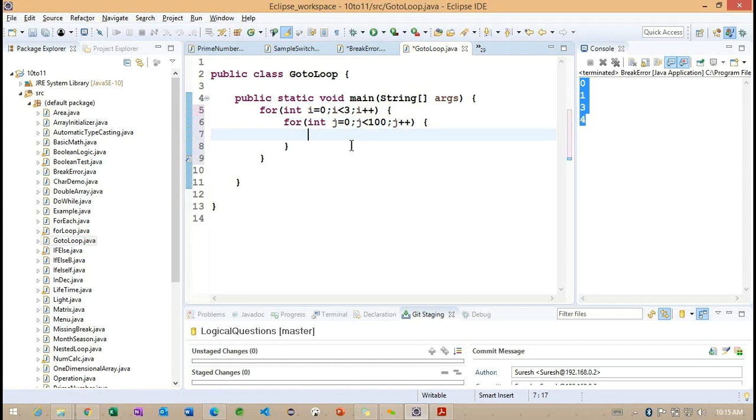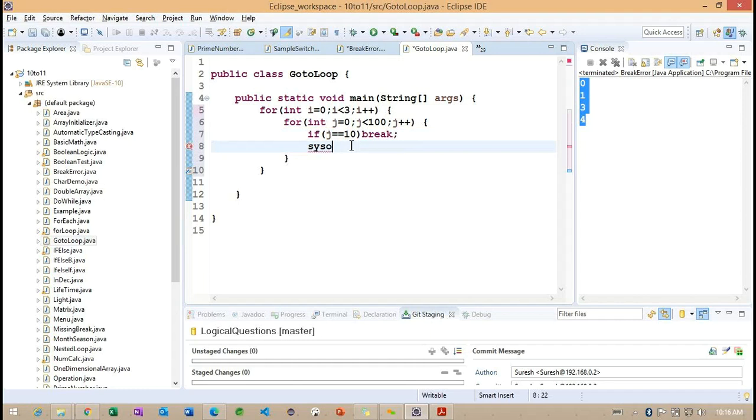So what are we doing here, getting the point? I'm going to check the condition j equals 10, and I want to break here.